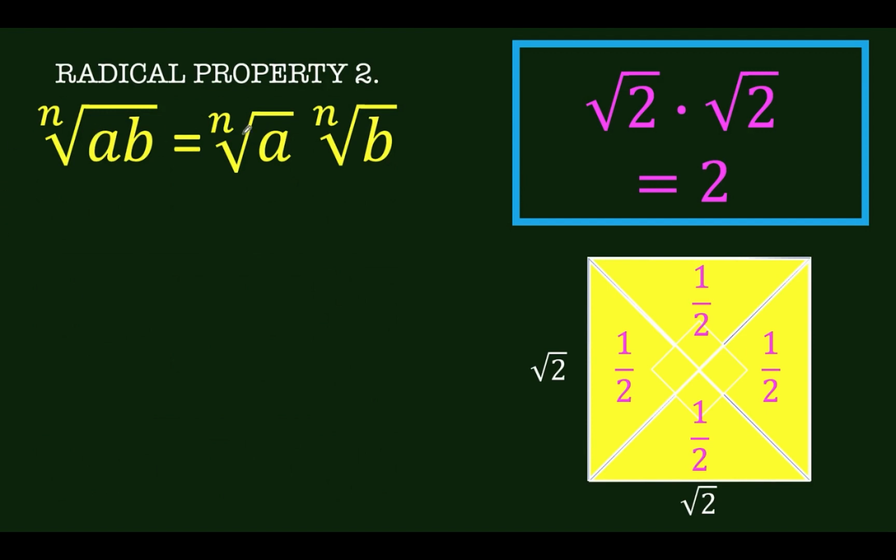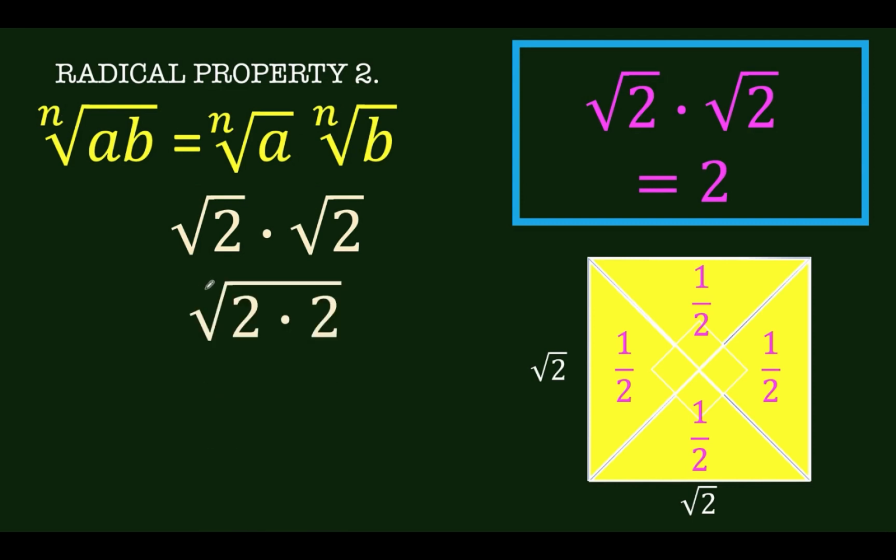Kung igwa kitang duwang radical expressions na pareho ang sendang indices, pwede silang isurat na saro lang na radical expression gamit ang common index and i-multiply lang itong mga radicals. Halimbawa, digdi sa square root of 2 times square root of 2, ang sendang mga indices parehas 2. So, ang n is 2, ang n digdi is 2 also. Then, pwede na siyang isurat na saro lang na radical, ang common index is 2,